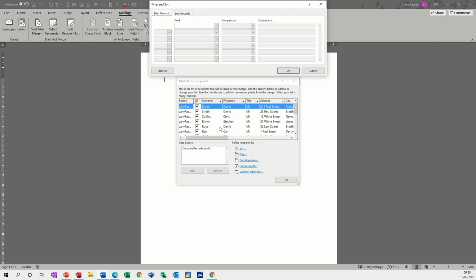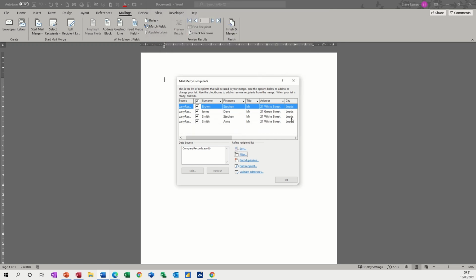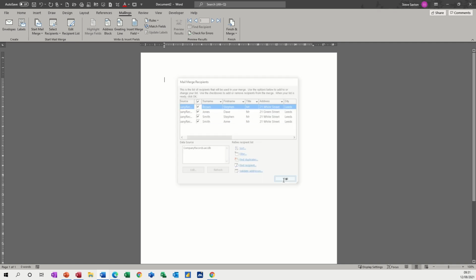So I want to filter this list just to show cities that equal Leeds. So you go up to the top here and you can see you've got many different options. So if I select the city field, equal to, and then you've got not equal to, etc, etc, and less than if it's a numeric figure, and then I'm going to type Leeds in there, and that's all I want to do. You've got options here, look, and you can change that to or, and obviously you can see the different boxes as you look down there, all grayed out at the moment. So I'm just doing that. When I click OK, it will only show me the records from Leeds,